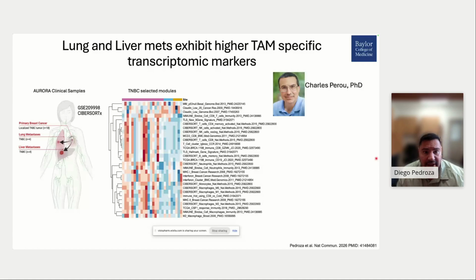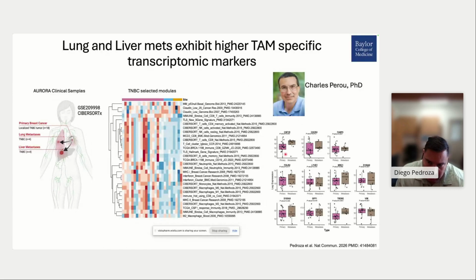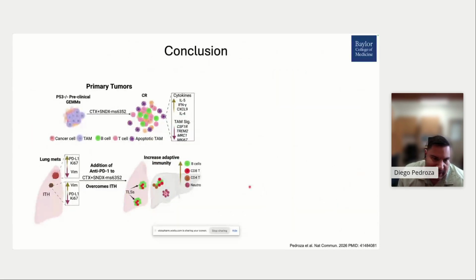Again, looking at the Aurora samples themselves, what we were able to find was that the patients that had these tumors in the liver and the lung actually had increased CSF-1R as well as MRC1 and TREM2 positive macrophages. And so just want to conclude here, because I know I'm a little bit over time,